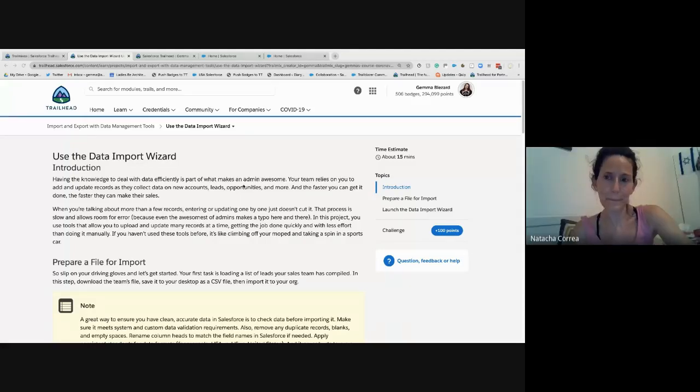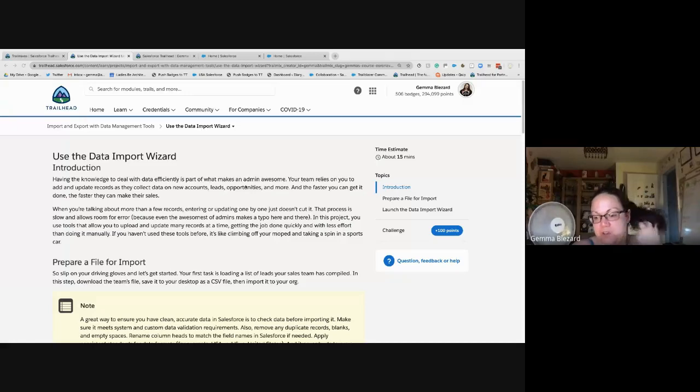Hello, everybody. Welcome to the next session on data importing. We are going to be looking at the data loader today. We have actually started quite late today because we've been spending quite a lot of time installing the data loader. The install procedure has changed